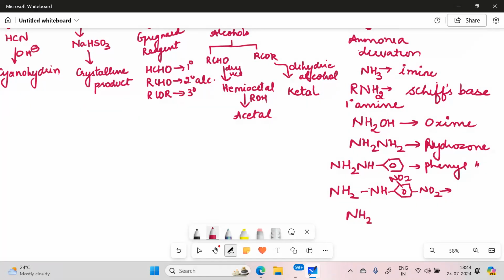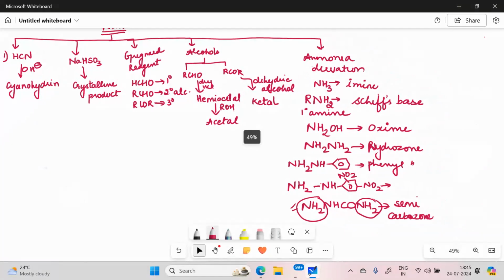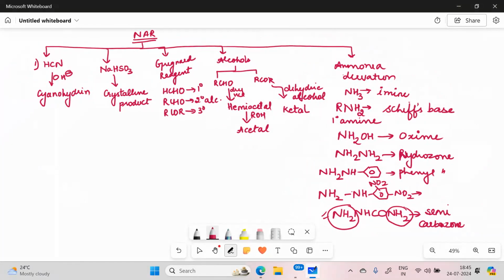Ma'am, semicarbazide. Structure is NH2, NH, CO, and NH2. Product formed is semicarbazone. In this semicarbazide, there are two NH2 groups. Why is only one involved in the reaction, not the other one? That is because the NH2 attached to the CO is in resonance and will not act as a nucleophile